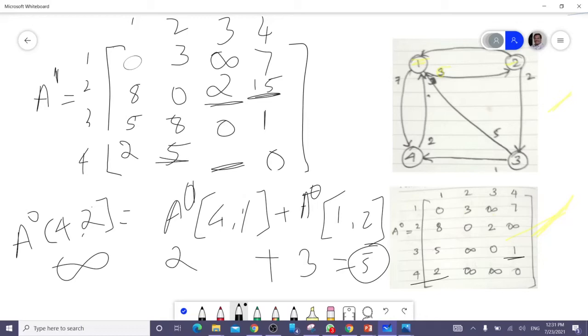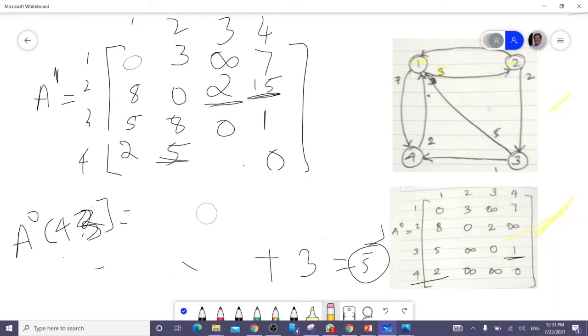Next, you have to find the shortest path between 4 and 3. I have to find 4 and 3 and check how much is coming.